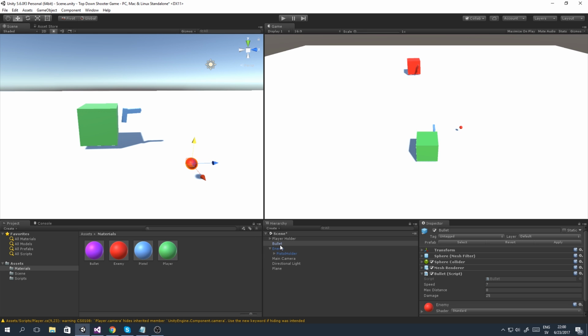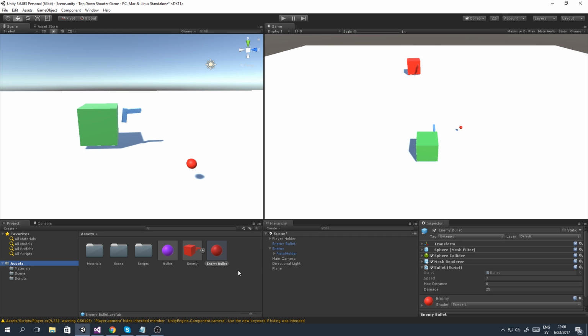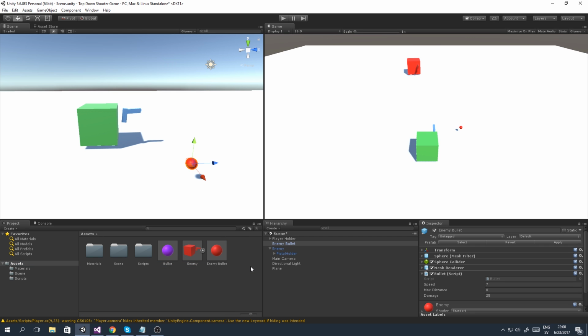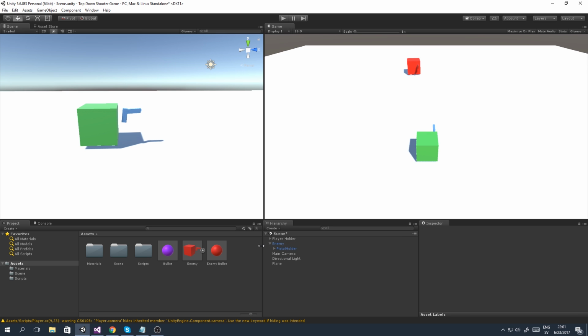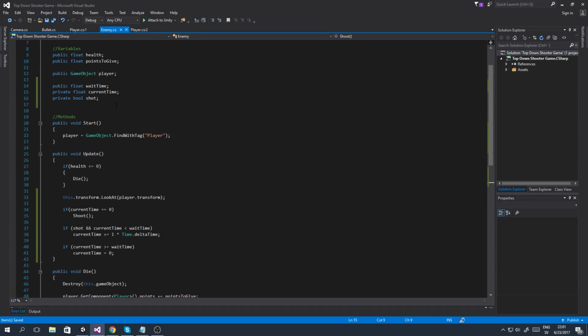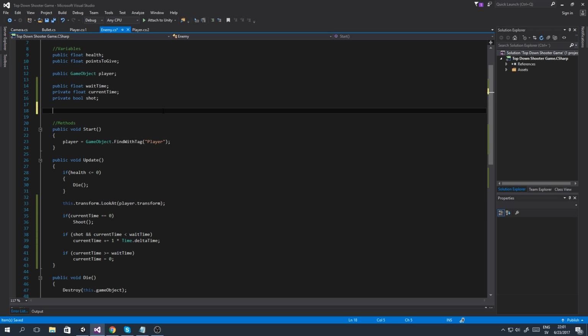It almost looks like an apple. And we're gonna call this enemy bullet. And inside of our assets folder, I'm just gonna drop this somewhere empty, not on the bullet, so that we create a new prefab of this. There we go. I can just delete it now from my hierarchy, and I'm gonna go back to my Visual Studio and add a new public game object,